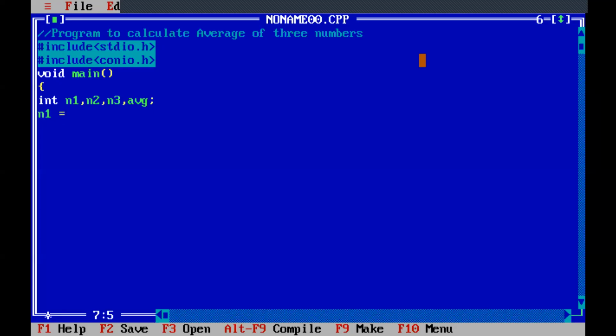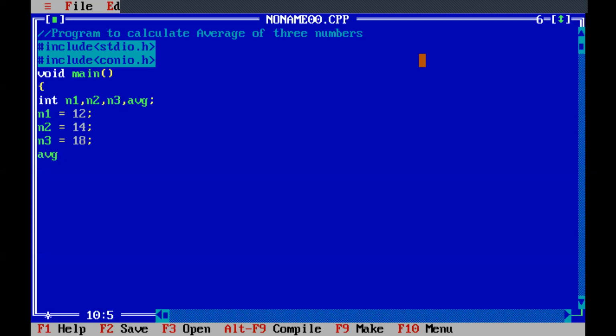Now I'm going to assign values to these three variables. For n1, I'm going to take 12, meaning my first number is 12, n2 equals 14, and the third number, n3, equals, let us take, 18. Now I have these three numbers, so I can calculate the average.